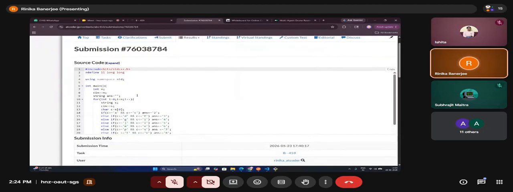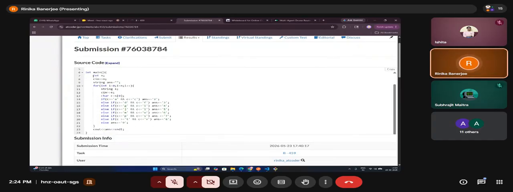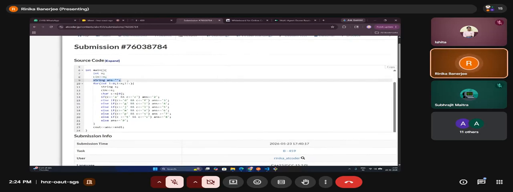So this is the code. First we declare n, then we take input of n, then we create an empty string which will be our answer. Now we iterate from 0 to n. In each iteration, we take a string input and then take the first character of the string.